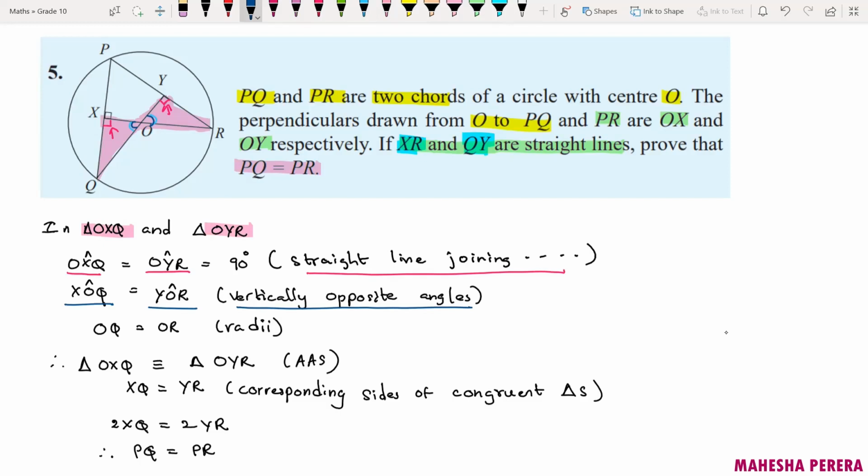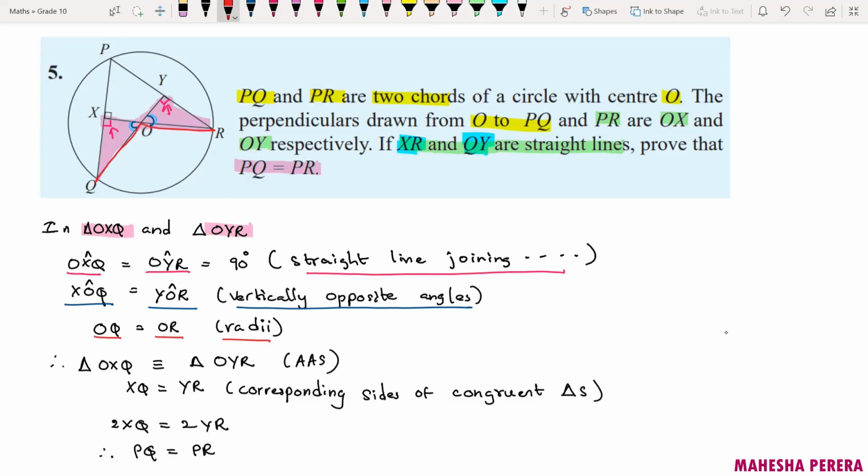Right. Then if you consider this line and this line, what are these? These are radii of the circle. So obviously these two are equal. So you can say OQ equals OR. The reason is radii of the same circle,